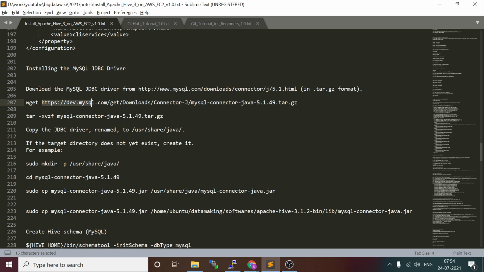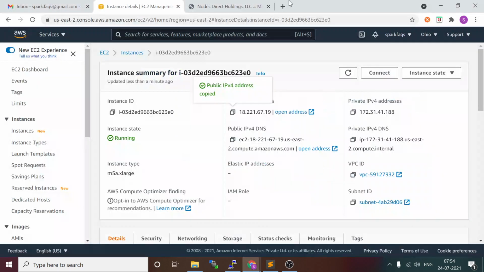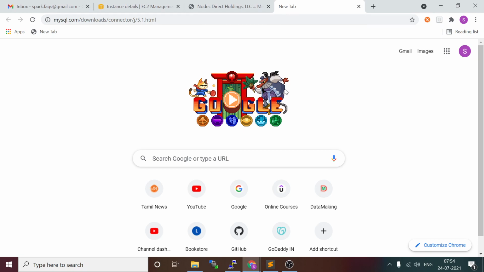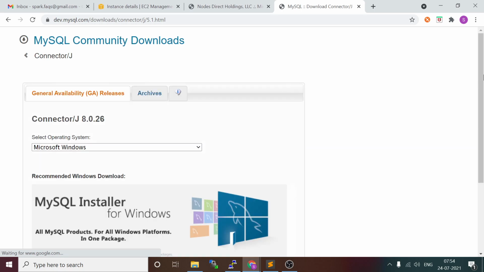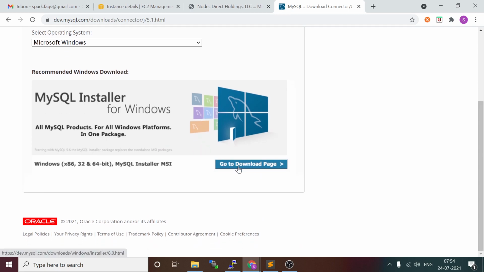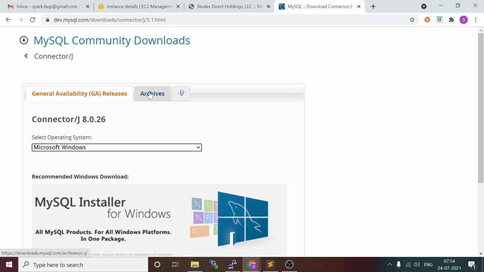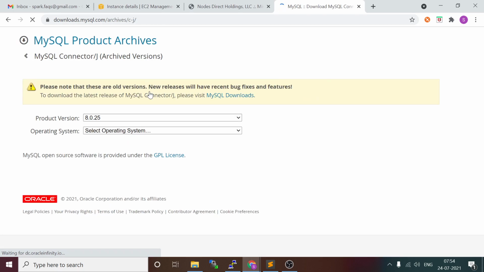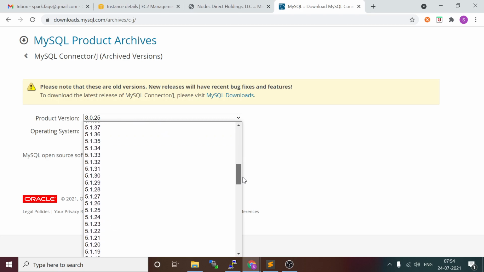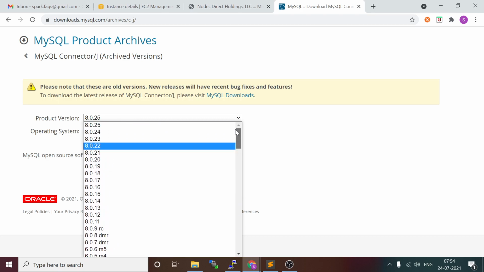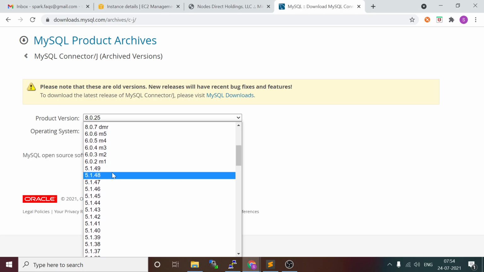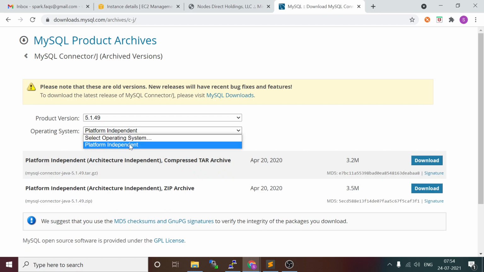So if you go to this location, here I'm trying to download the MySQL connector from the archive.